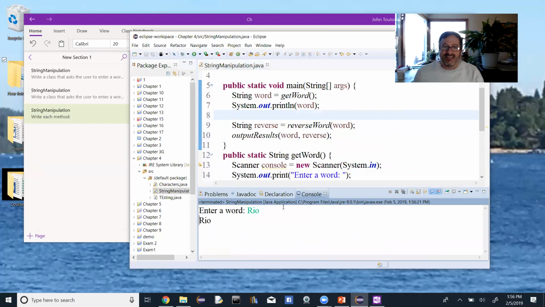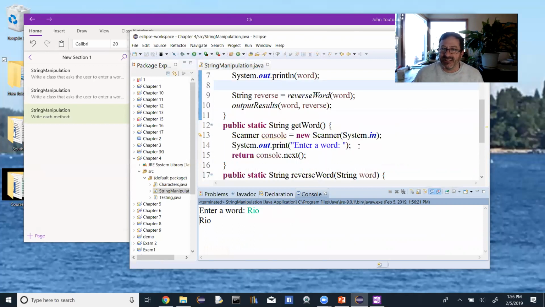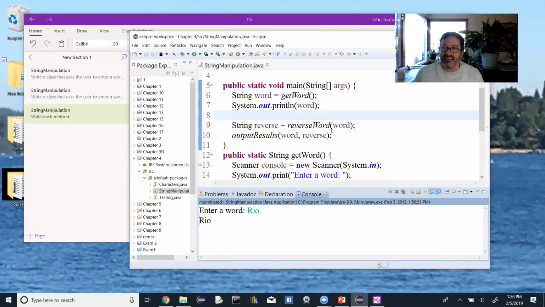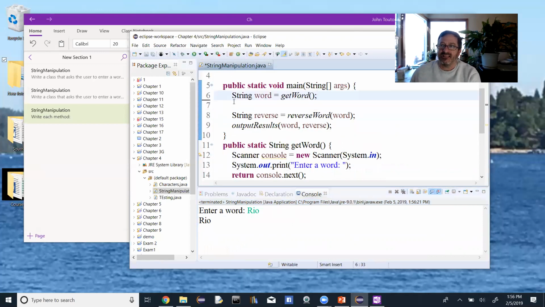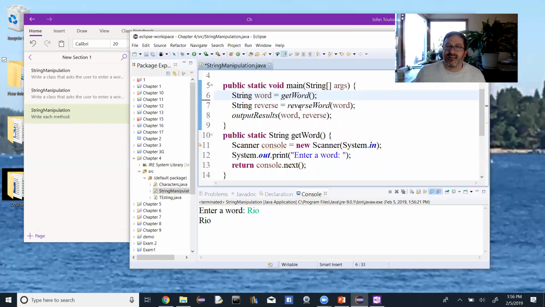Okay. So that part of the code is working. I'll get rid of the print statement up here. And now we're going on to reverse word. Okay, so in reverse word,